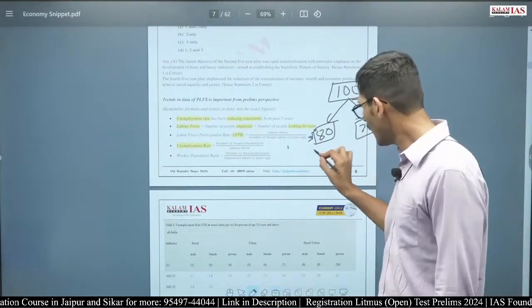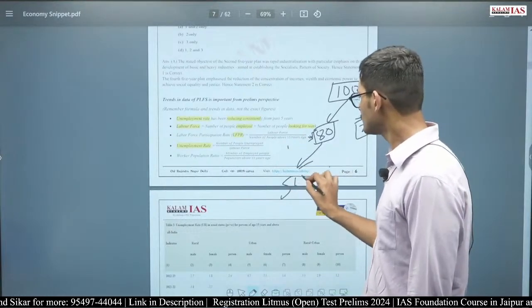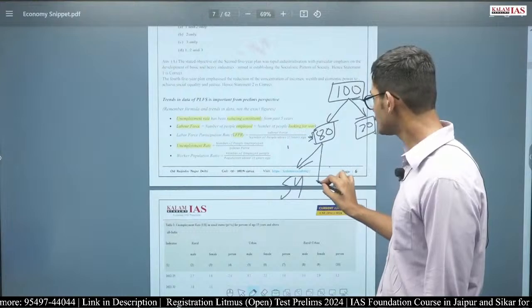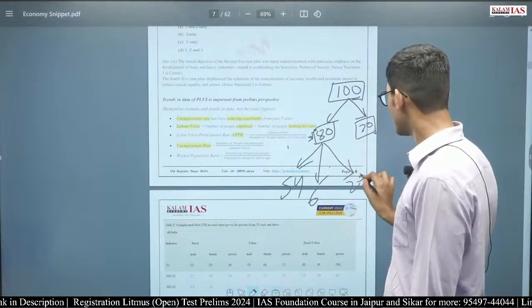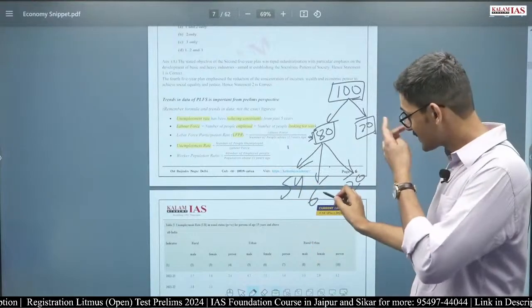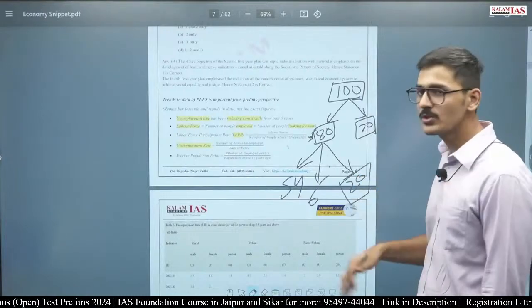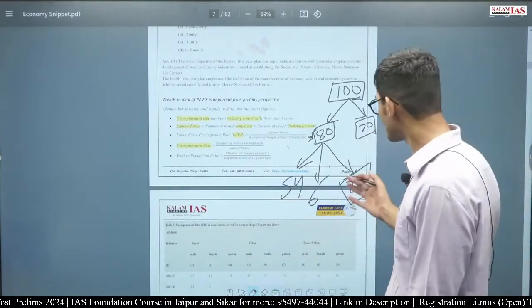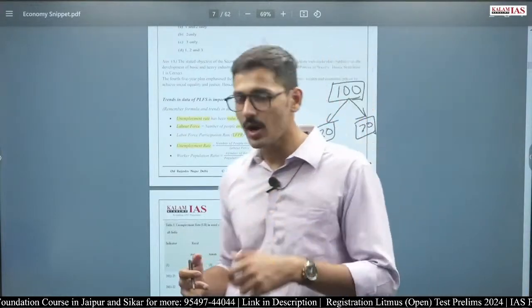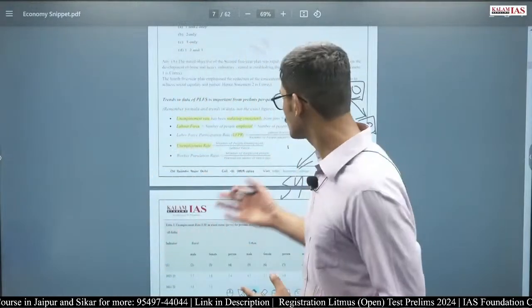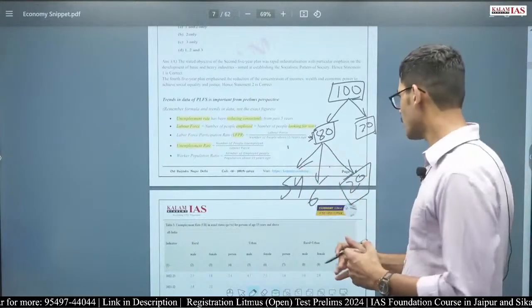Now, among the working age population, we will say 54 are currently employed, 6 are looking for employment, and 20 are not looking for employment. So 54, 6, 60 plus 20, 80. So who are these people? 20 people who are above the age of 15 and not looking, for example, students in 11th and 12th class, or college going students, or housemakers, housewives. So these are the people who are above the age of 15, but they are not looking for employment.